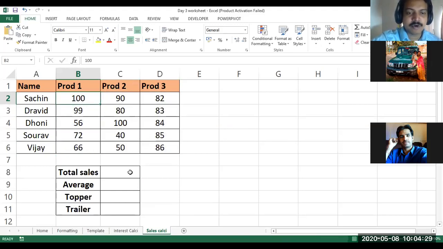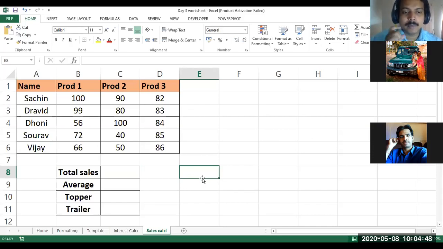To track their performance, instead of doing the calculation every time, I'm going to record the calculation in a macro and assign it to the buttons. Whenever I click the command button, I automatically get my key performance indicators, and I can monitor and control my sales people. So that is the idea.